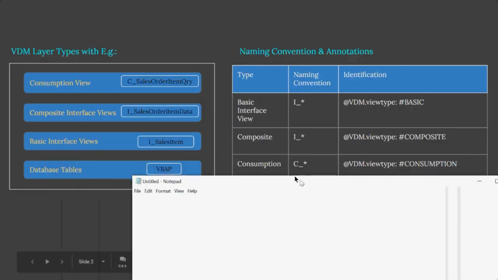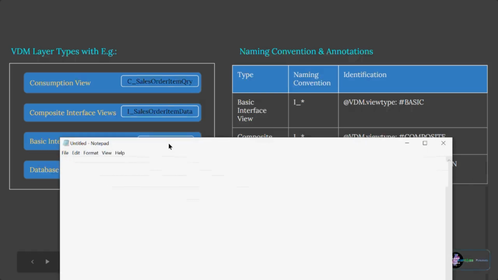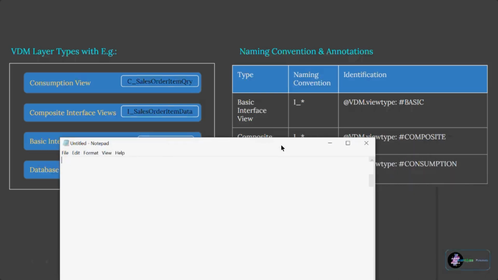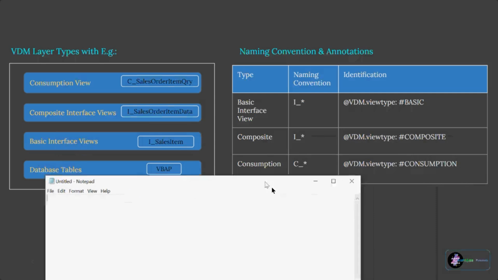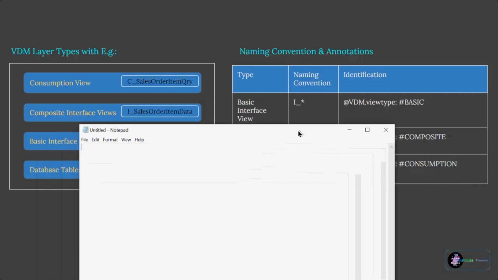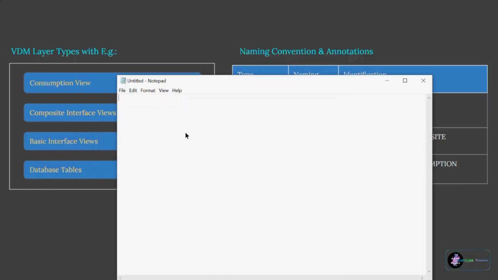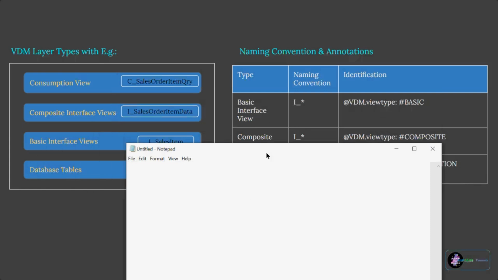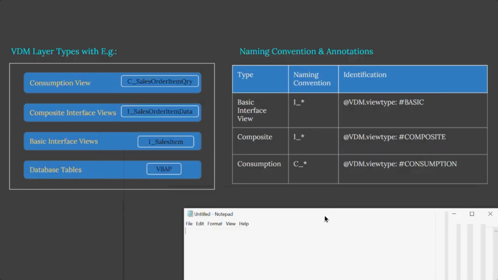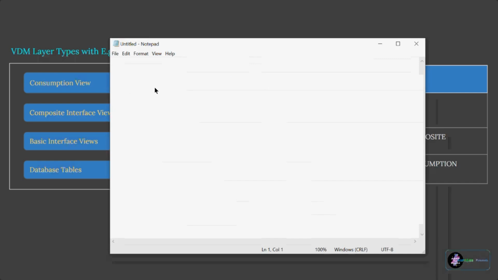make your development into smaller chunks, right? So that different people will be able to consume whatever part they want. If you keep everything in the same place, only you will be using that. Nobody will be able to use it according to their requirement. Okay, so let's say I'm telling you the consumption view is the one finally going to be consumed. Let's say you have some logic. You did not create a basic view, composite view, or any such view, and you create a consumption view directly, and inside that you want to do all the calculations or anything.